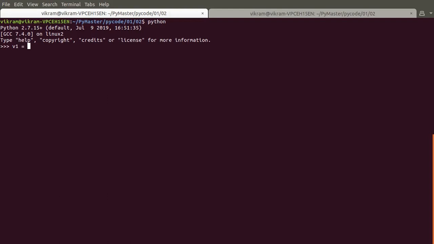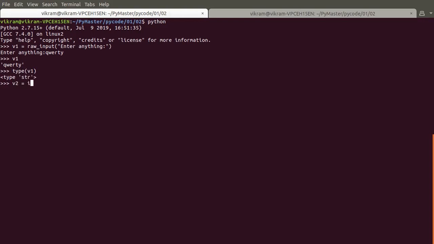Raw input is one of the functions to get input from user. Now we are using interactive mode, so it would be easy for me to explain. So now if we put any string, that will be stored to the variable v1. If we print it, we can see it. There is a function called type which will say what is the type of the variable. So it will be string because it is text within quotes, right?